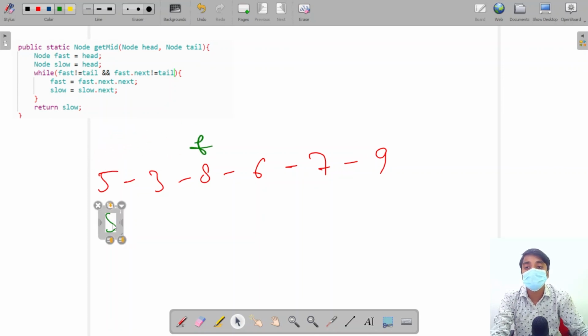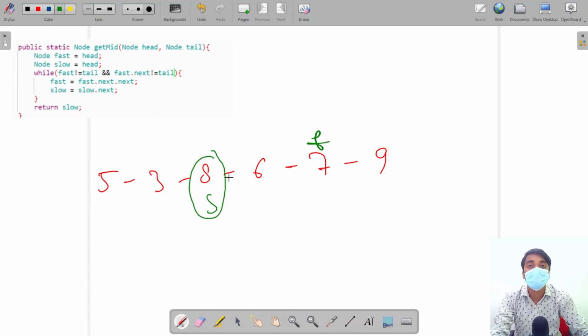Slow will move 1 time. Again fast is not tail, fast dot next is not tail. It will move 2 times. Slow will move 1 time. Again fast is not tail, but fast dot next is the tail. So the loop will break and we will get 8 as our mid element. So for getting mid, this will give us the mid element.